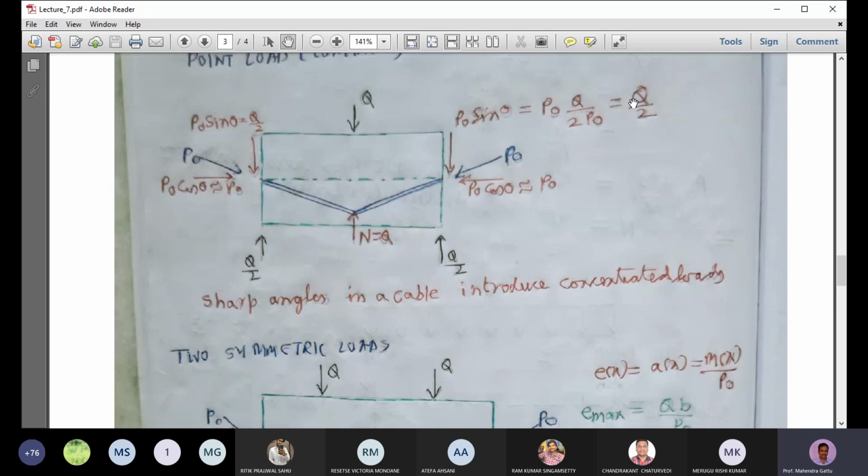So P and P will cancel out, we will get Q by 2. So vertical component here Q by 2, and here it is Q by 2. Horizontal component P naught, and here it is P naught. And at the point C, at that sharp corner, we have that vertical force Q. So if you see this system, and at this edge we have Q by 2, which is balanced by this reaction Q by 2, and here at this edge we have Q by 2, which is balanced by this reaction Q by 2, and at this center we have that vertical force acting downward, which is balanced by this reaction from the concrete onto the joint there.